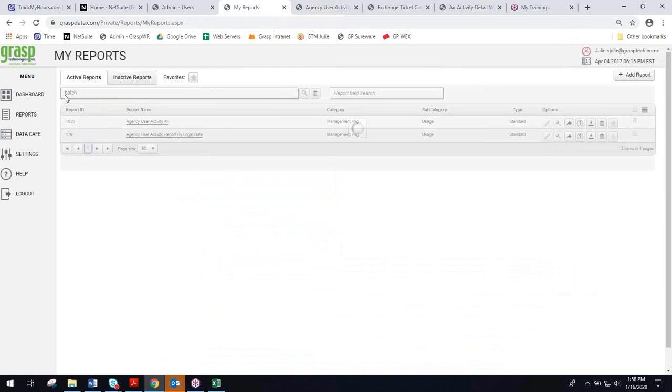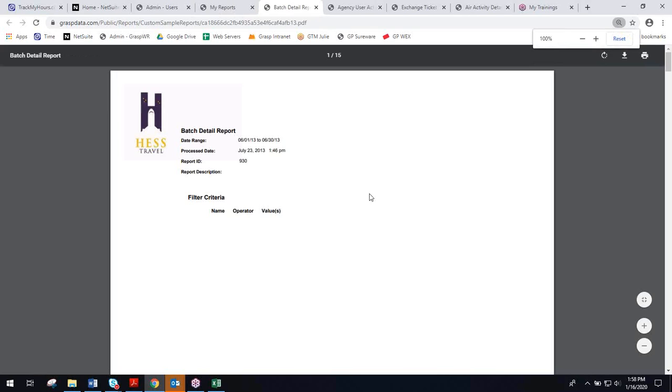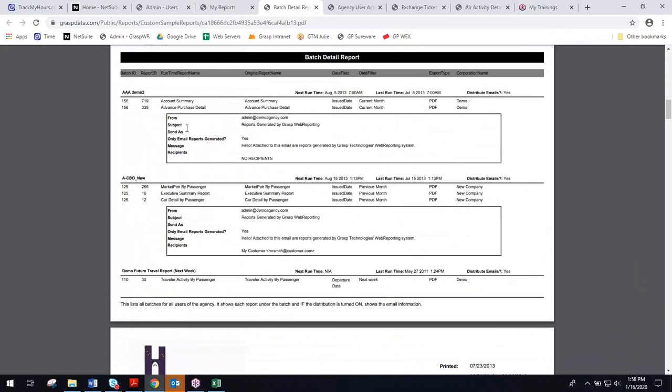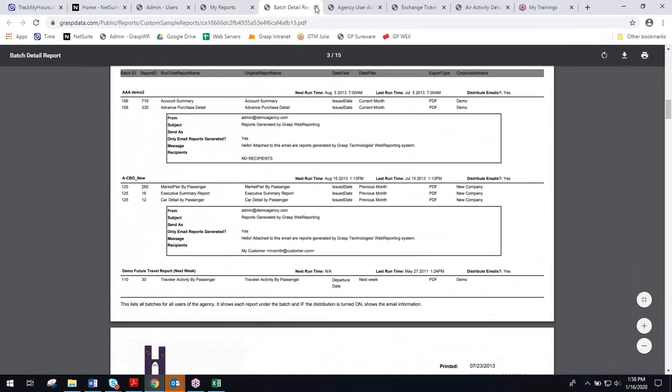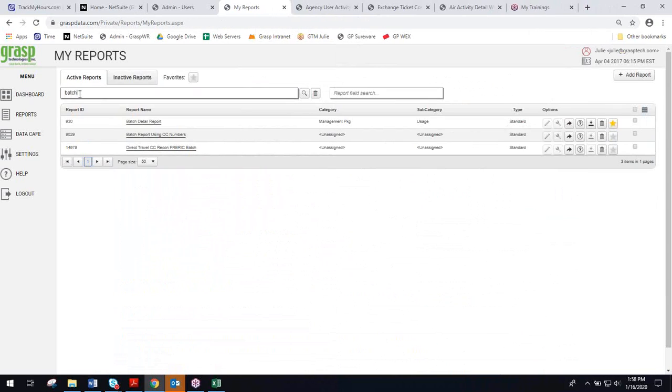The batch detail report, if your company uses batches, which I assume all of you do, gives you specific information about the logins that the batches are run under, whether they are set up to distribute, where they're going, how often they're going. So one of my all-time favorite reports, the batch detail report. And then lastly,